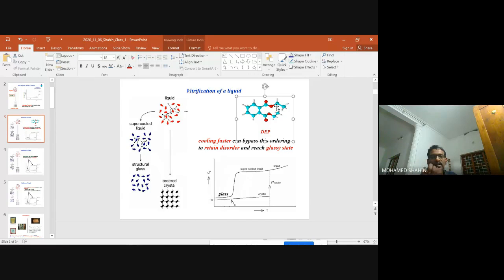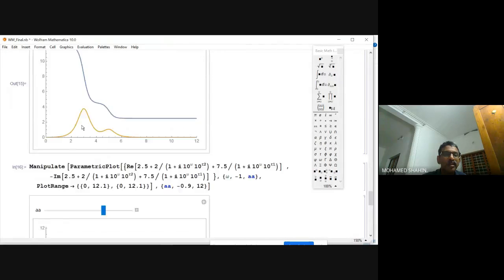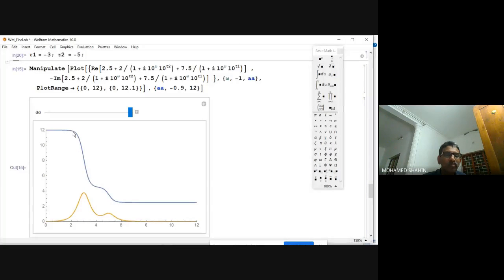and this would be responding very fast because it is so free that it is responding fast compared to my entire body. My entire body would be slowly responding. So that is what is shown here. If you go to low frequency, there is one process, and if you go to very high frequency, there is another process. This second process is coming because of the smaller subunit of the